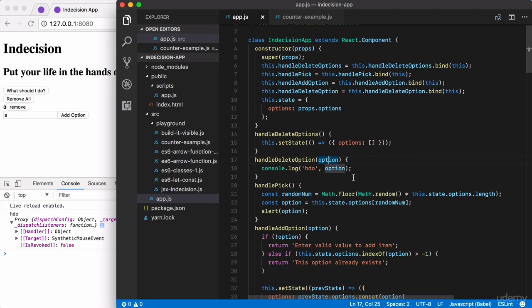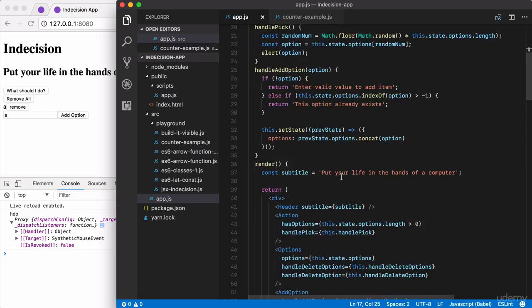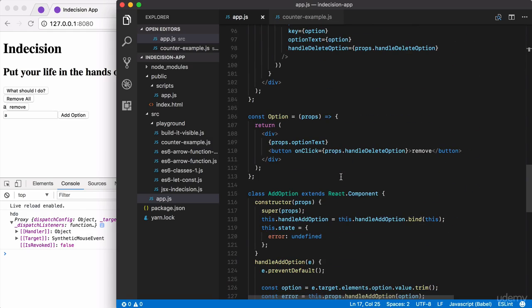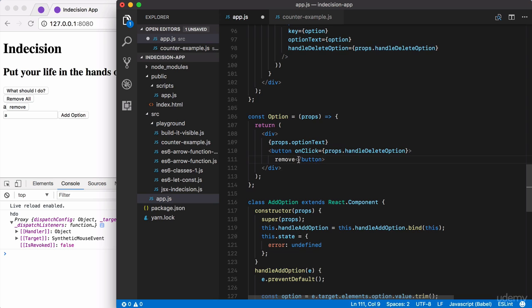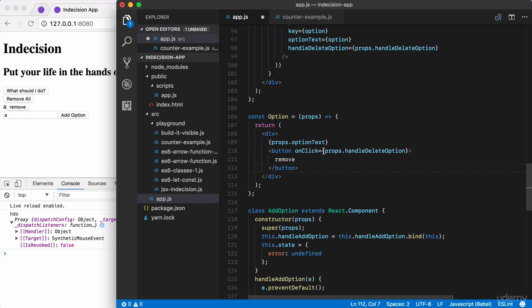So how are we going to do that? There are a few different ways we can get that done. The first way would be to change how Option works. So down below, instead of passing in props.handleDeleteOption, we're going to define an inline arrow function. Let's go ahead and play around with that. I'm going to break things out onto their own line. Then right here,